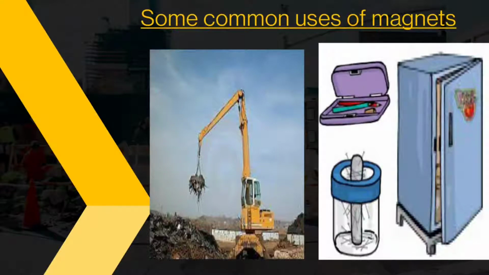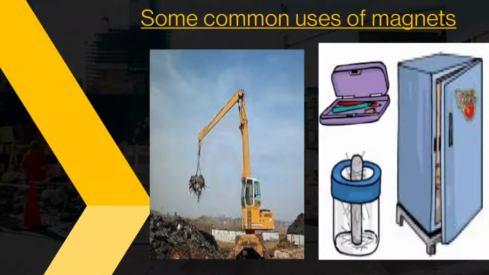Have you ever seen a huge pile, huge heaps, of waste materials? One crane was moving towards a heap of junk, and in that heap many types of garbage are there: iron, plastic, glass, many things. When they want to separate the iron things, which are very big, it is very difficult to move them from one place to another by lifting only. So for that they use a crane.